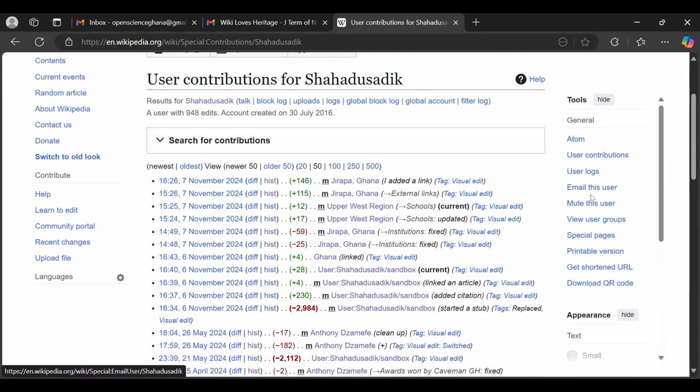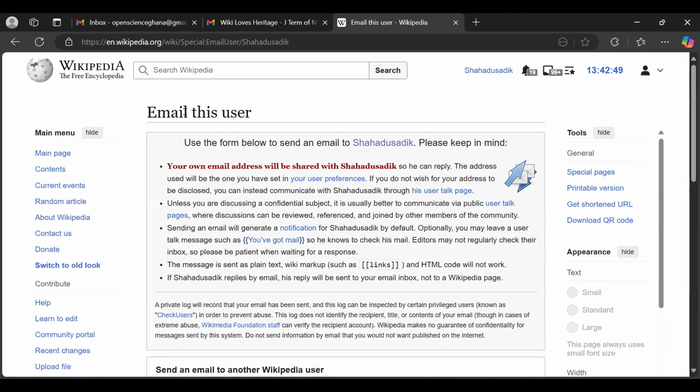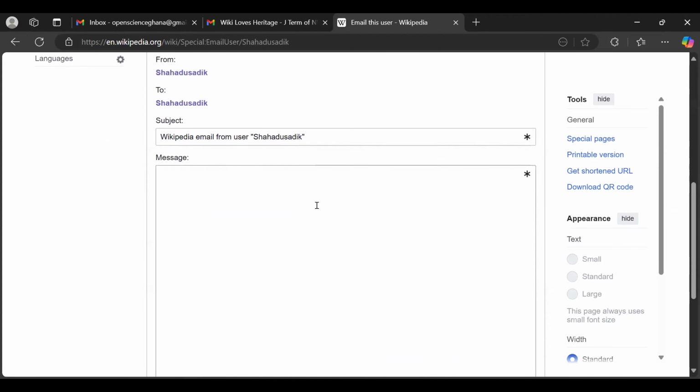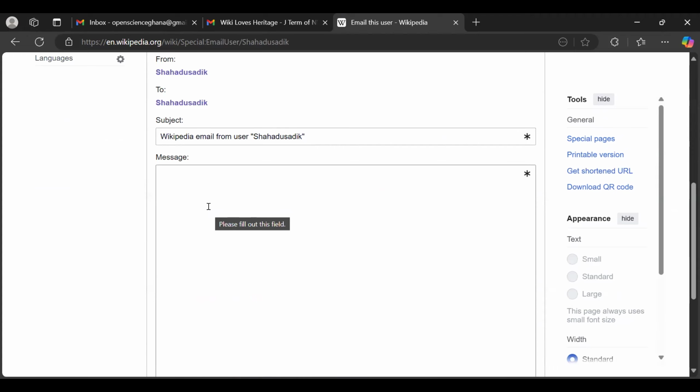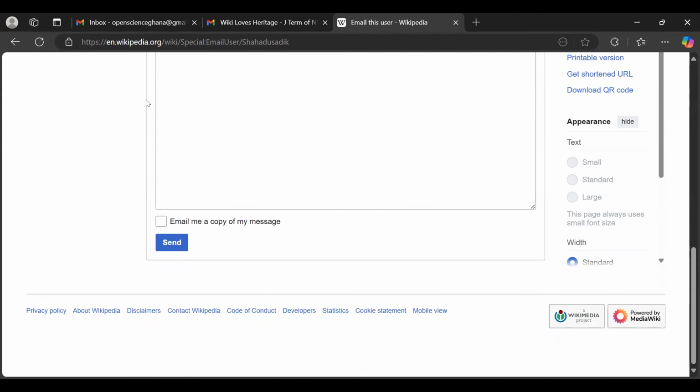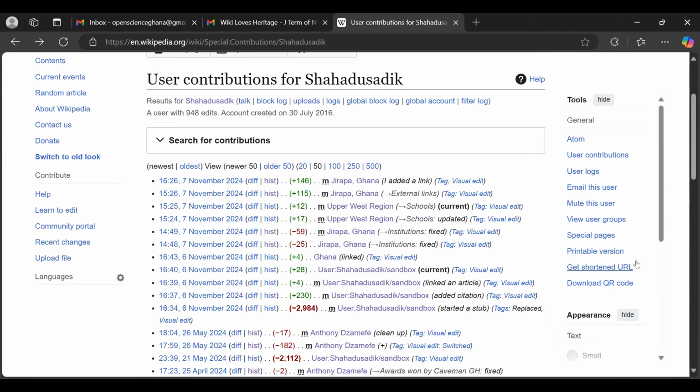Here, you can use this page to email people. For example, if you're a user and I want to reach out to you and I don't know your email, I can use this page to email you by typing in information here and then sending it to you. So I'll put the subject. So Wikipedia has so much that you can do. People use it to communicate. So I put my email, change my subject, and then hit publish or send. Then the person will receive it as an email.